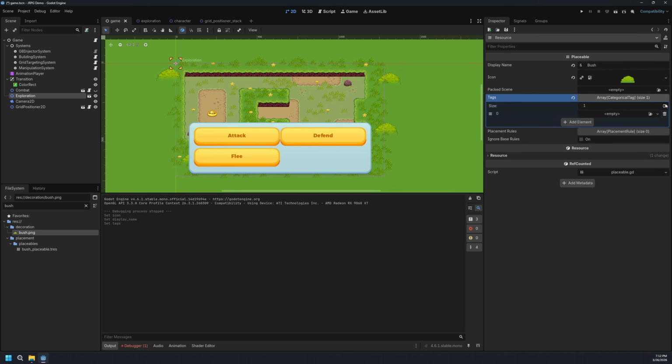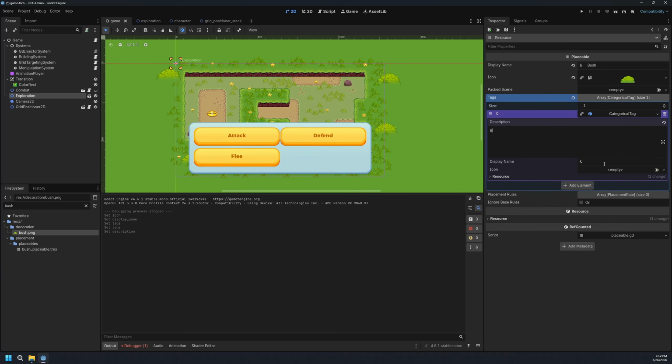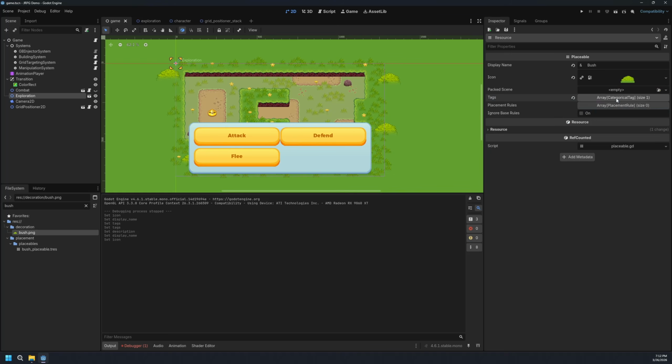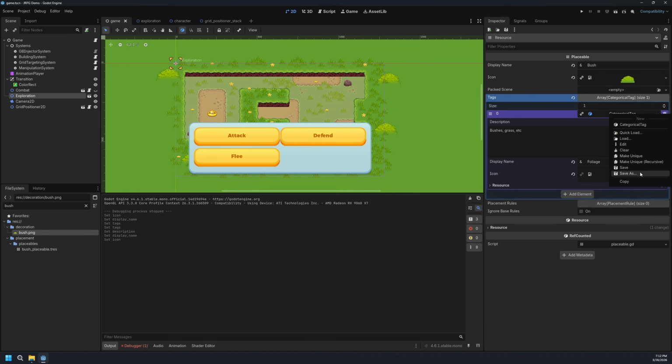So if we create a categorical tag here, just create that. Let's say bushes, grass, etc. And I'm going to call this the foliage category. I'll use the bush icon as the graphic here. Okay, and then I probably want to save this categorical tag